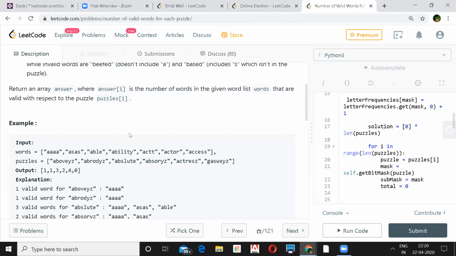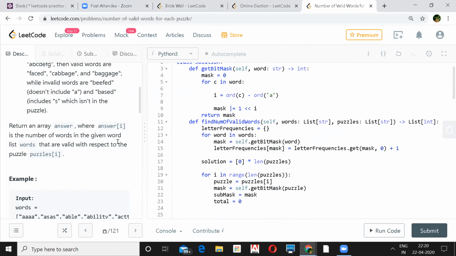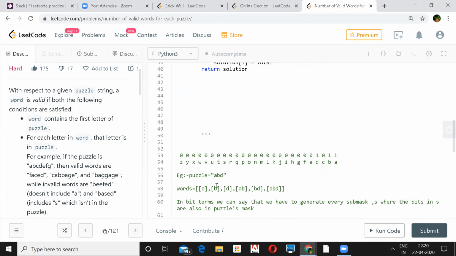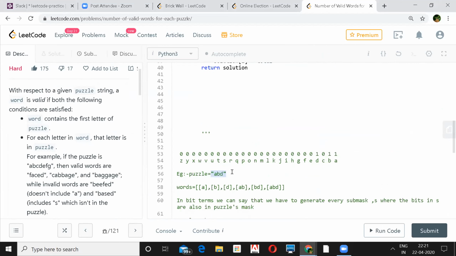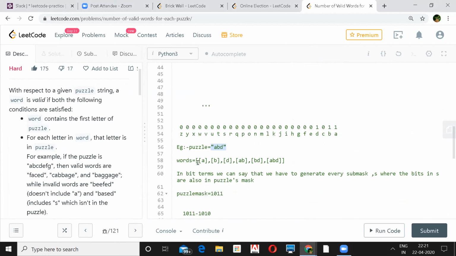Yeah, it's almost parallel to what Gaurav was saying for the puzzle. So what I did first, let's go with a small example. Let's say we had this word. What are all the possible words you can get out of it? A word of length 1, length 2, or length 3. So I'll take the mask of this and generate all the masks until I get 0, 0, 0, everything. Corresponding to this puzzle, I generated all the possible bit masks.